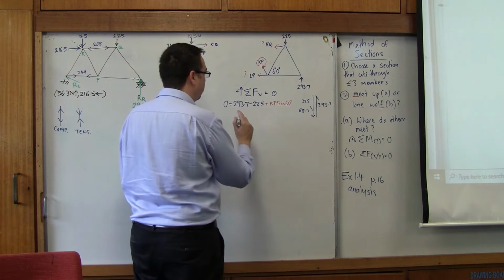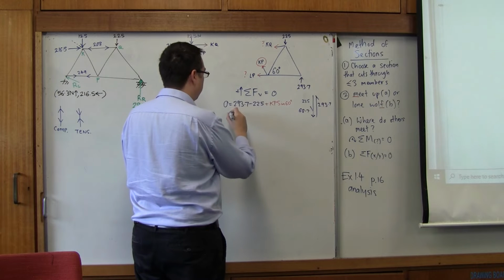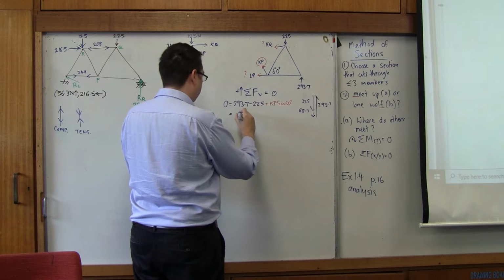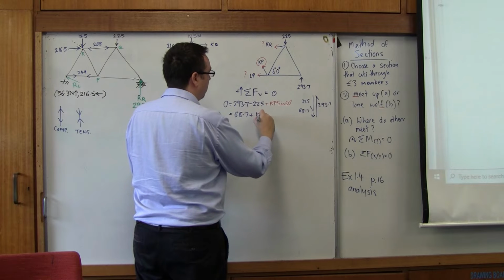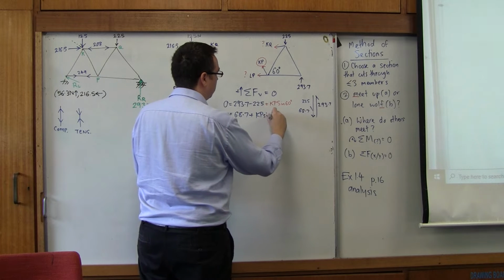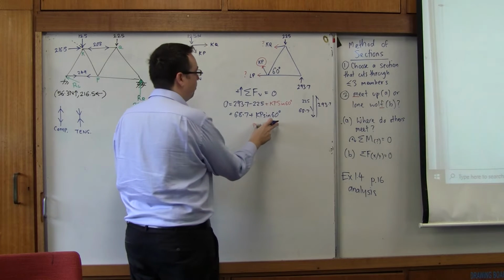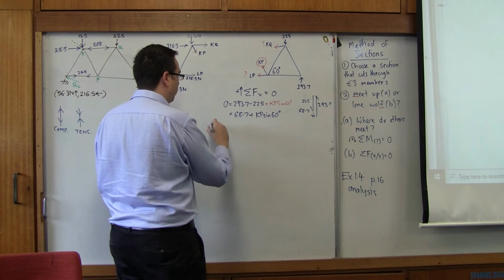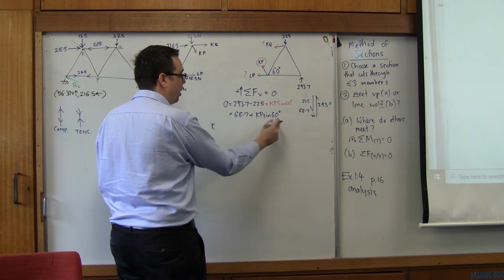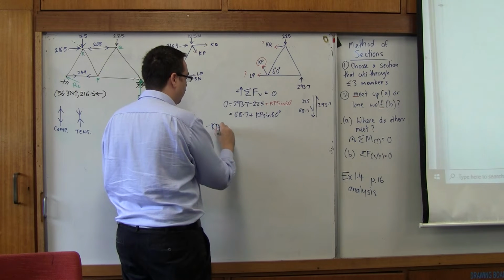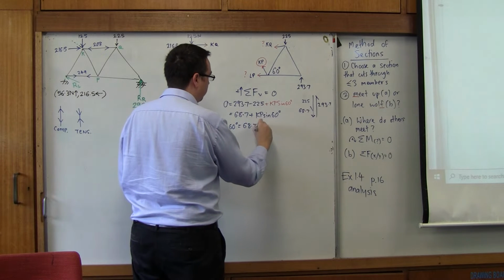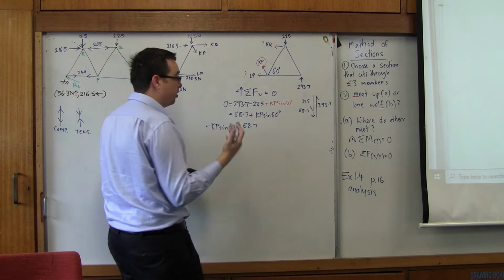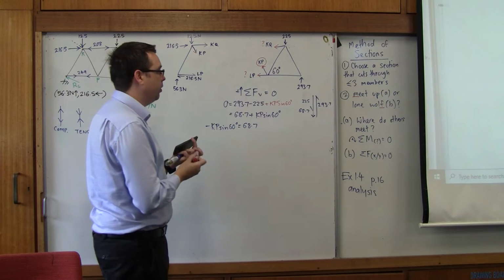So what we're going to say is that we know this number here is 68.7 plus KP sine 60. So if we have to move something over, if we minus KP to both sides, we get minus KP sine 60 equals 68.7. Well, okay, so what we've got is a negative number, so we can write here,